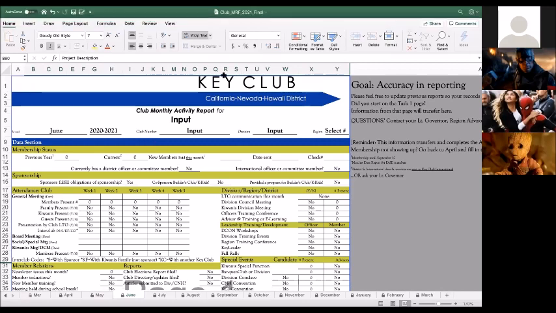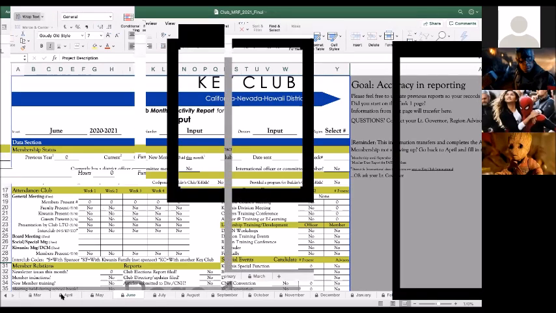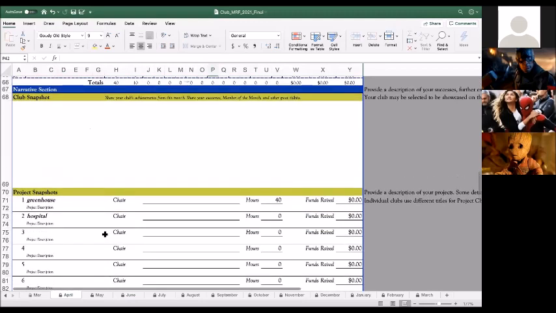I have one more thing to say. Do not add this into the Google Drive and use Google Sheets on this. It will mess up all the formatting. If you put it into Google Drive just as a place to save it, that's fine, but don't open it in Google Sheets.